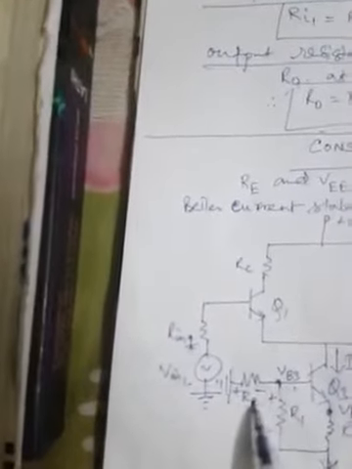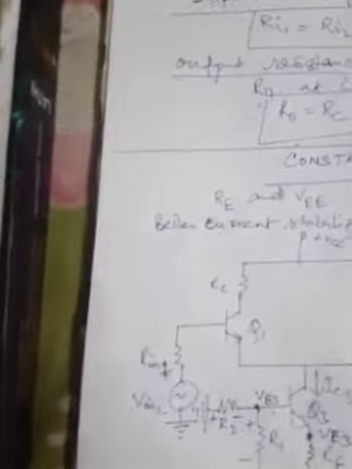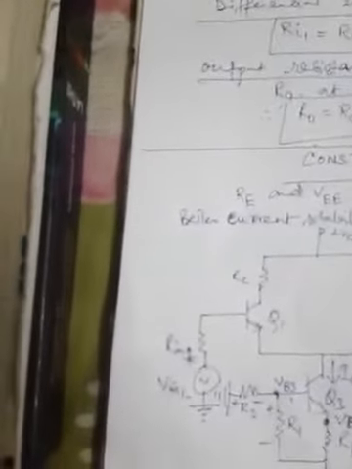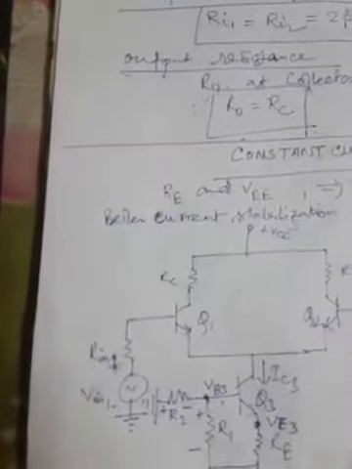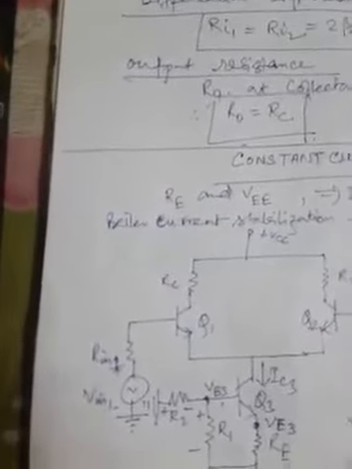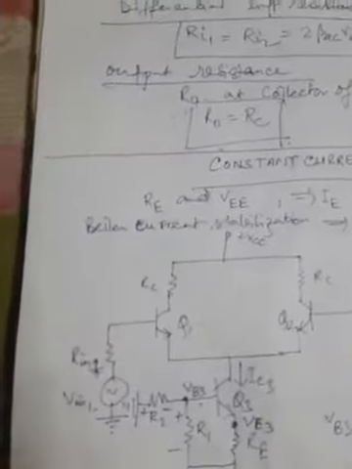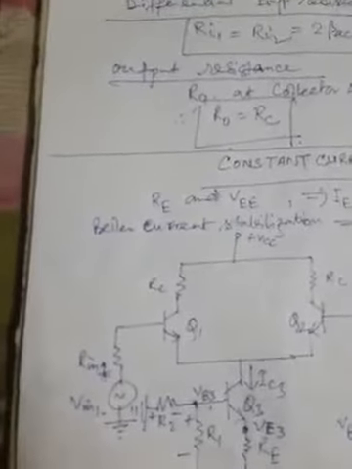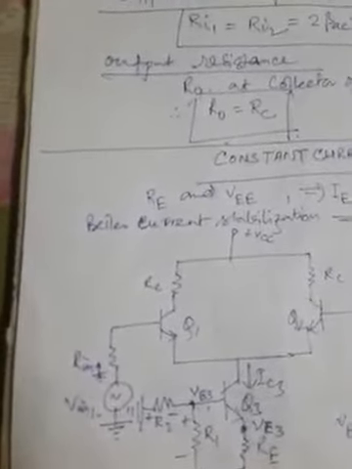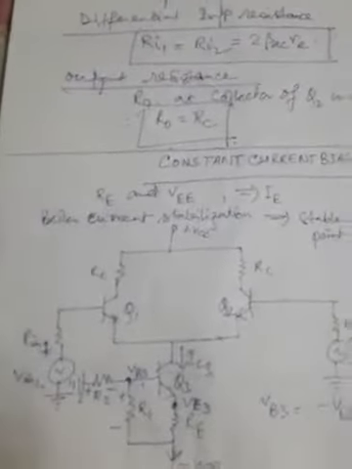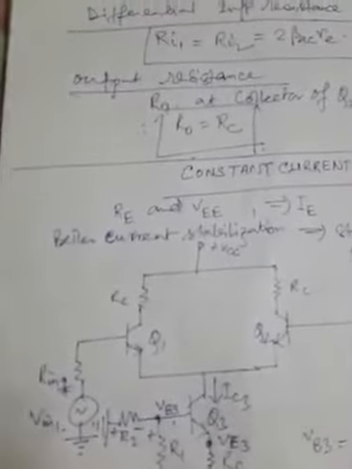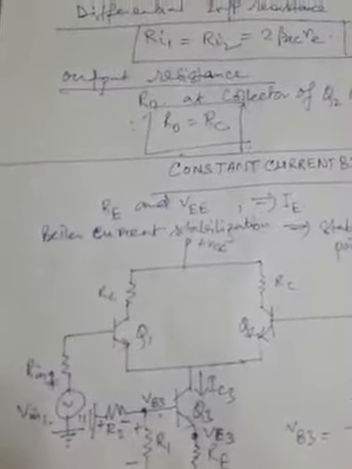So you can see this VB3 is obviously the voltage across this potential divider circuit of R2 and R1. Now VB3 is measured with respect to this ground. So ground is connected over here. That means it is the voltage across R2 actually. So this VB3 should be derived from minus VEE. So it should be minus VEE into R2 divided by R1 plus R2.